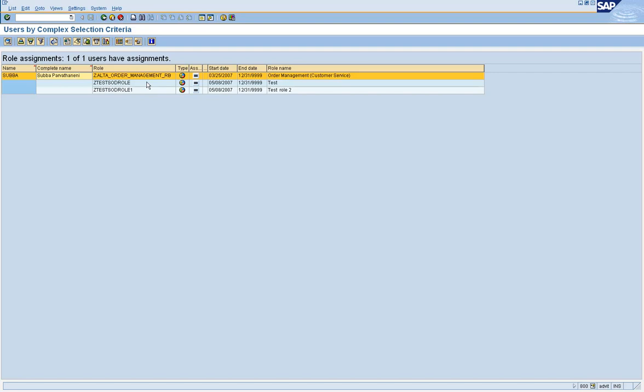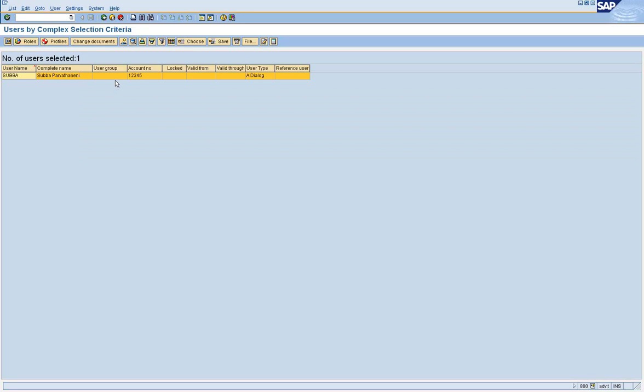You're understanding the various combinations of reports that you can generate and where this is lacking. So for example, this report does not give me the user group. Understood? But this option gives me that user group. But this option, this screen, does not show me the roles that are assigned. You follow?